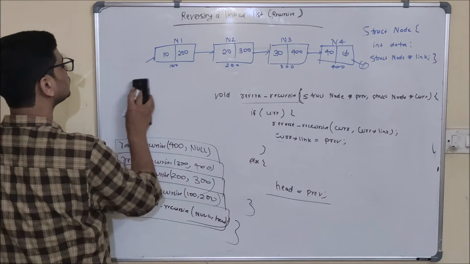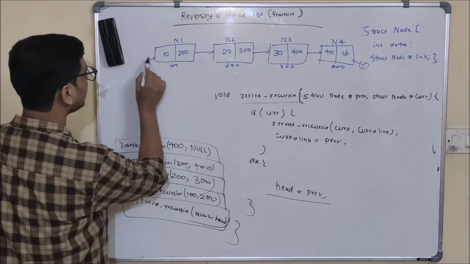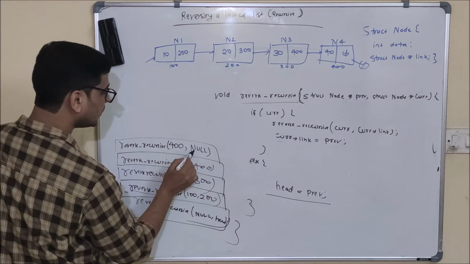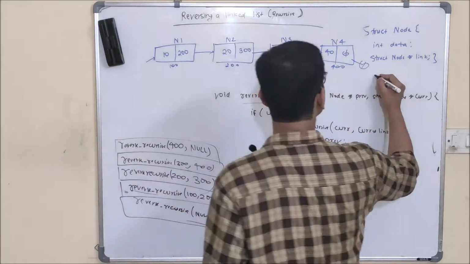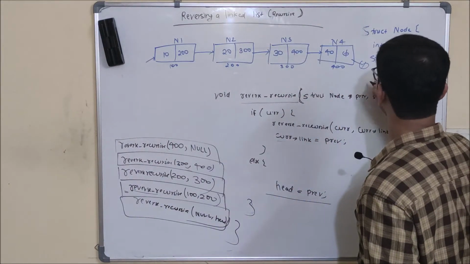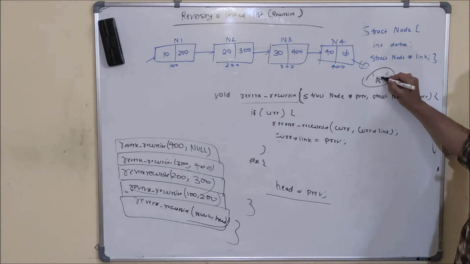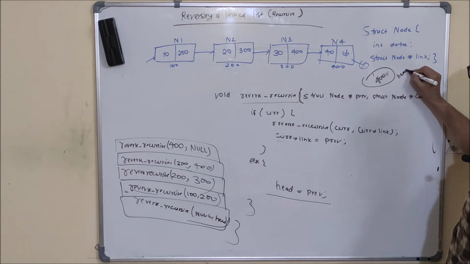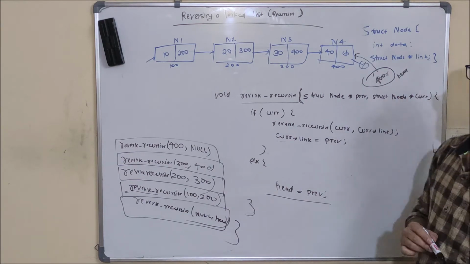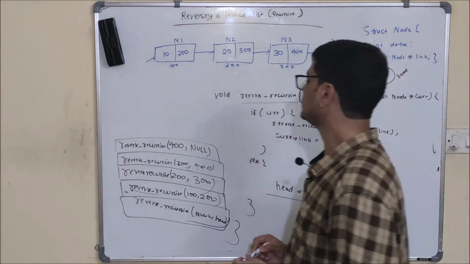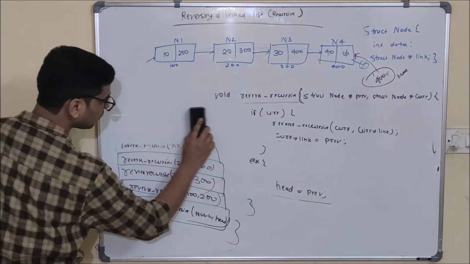So as you can see here, head was pointing here and now head will contain the address of the previous node, that is, head will be equal to 400, which means head will start to point to this particular node. Once this line is executed, this function will go from the stack.